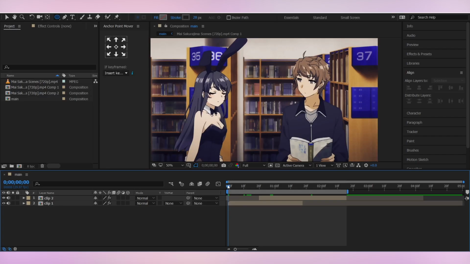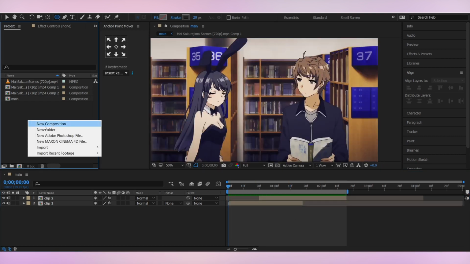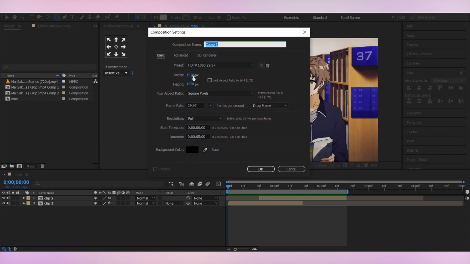So as you can see, I have my clips already arranged with the CC applied on them. Now I'm gonna create a new composition. I'm keeping it 1920 by 1080, the frame rate to 30 fps, and the duration to 5 seconds. Let's just call this layer wave mat because we're gonna use it as a mat layer.